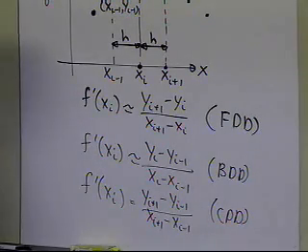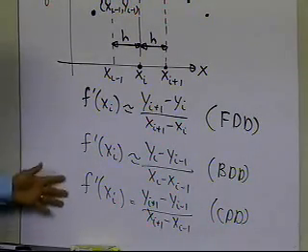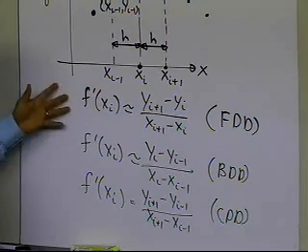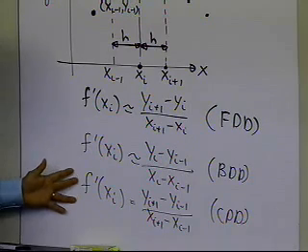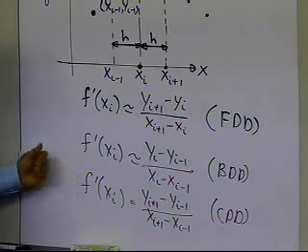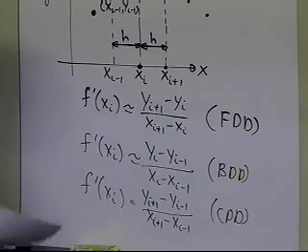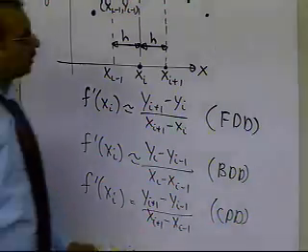So let's go and take an example. This seems to be a pretty straightforward way of finding the slopes by using a point ahead, a point behind, and one point to the left and one point to the right, equidistantly spaced, of course. And that's how we'll find the derivatives of the function. So let's go and take an example.